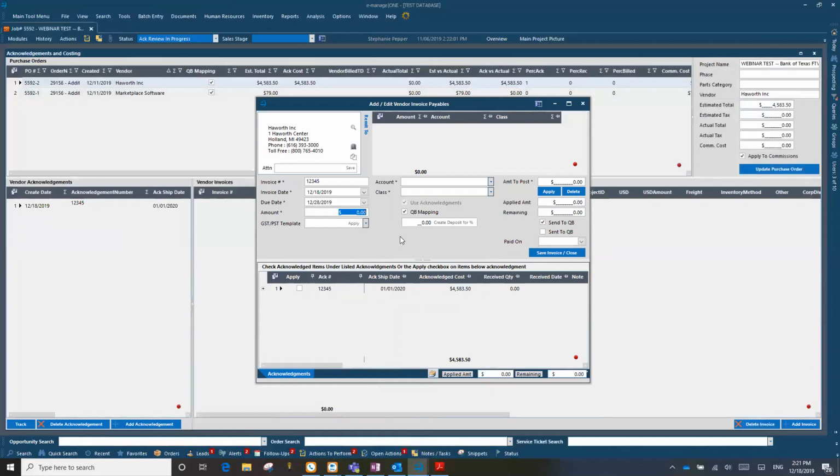So from here, let's say my bill came in at the exact acknowledged cost. I would put in my amount, and then I would hit apply. This is the magic box right here. If you are not entering your bills the way that I'm showing you right now, we definitely need to have a discussion. Everything on the backside should be set up so when I hit this apply button and I hit tab on my keyboard or enter on my keyboard,